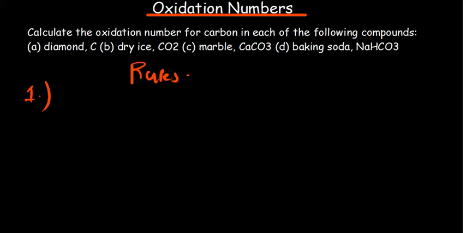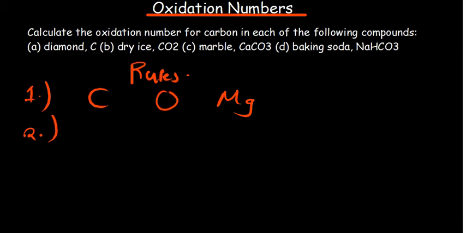Okay, so when you're given a neutral element, any element from the periodic table without any sign, let's say carbon, or oxygen, or magnesium, notice that these are not ions. I've written them in their elementary form. There is no charge that has been assigned. When they exist in that form, the oxidation number or oxidation state is 0. Number 2,